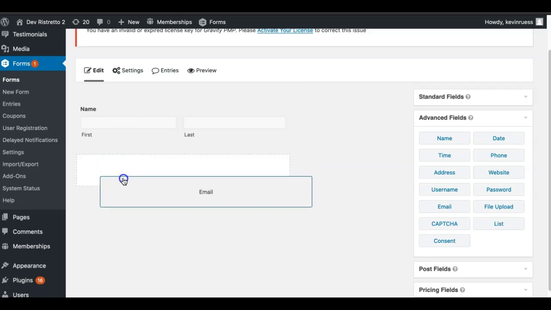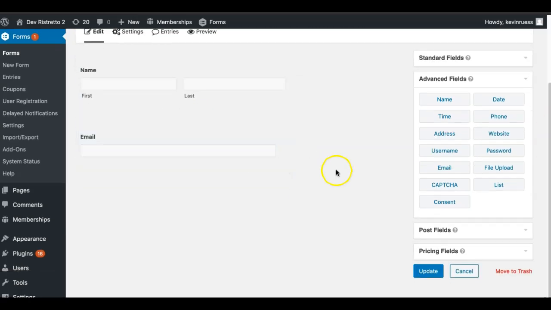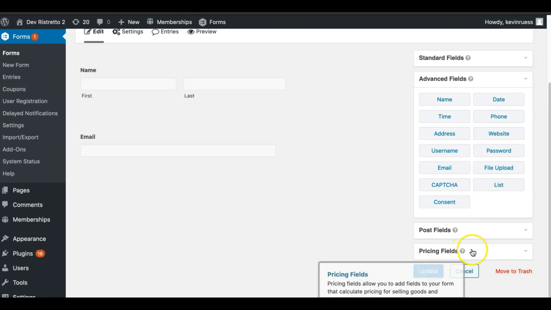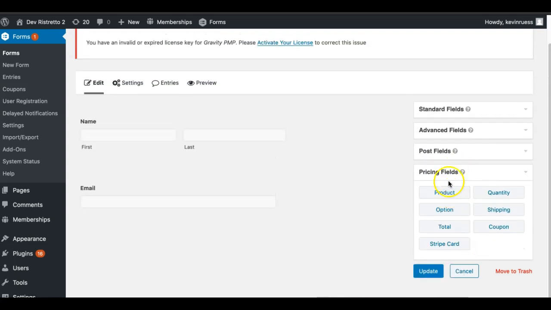It's our registration form. I'm going to add a name, an email, kind of the standard stuff, username if I want, anything I need there. And what I'm going to do is make this my new registration form instead of using the default Paid Memberships Pro registration system. So let's go down. I've added the essentials for the member. I'm going to want to bring over a product field into my form.